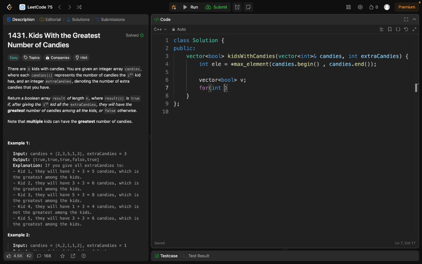We'll initialize a for loop, traverse through the array. So candies.size and i++.